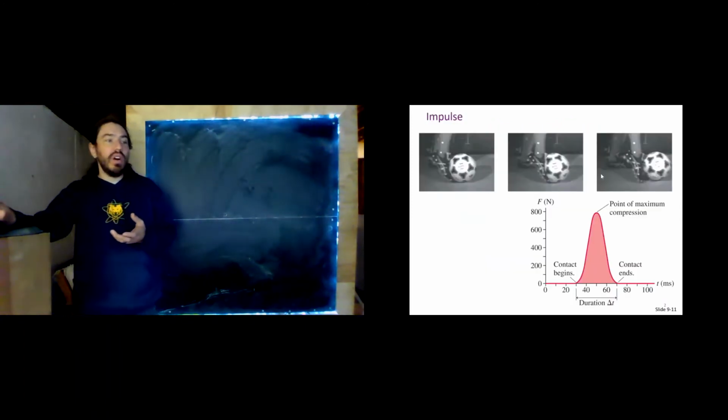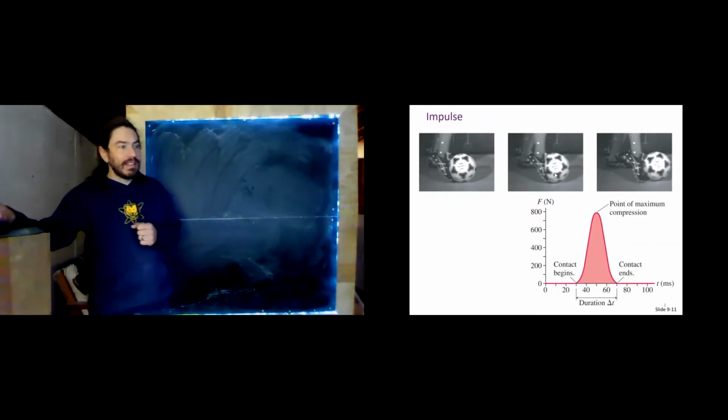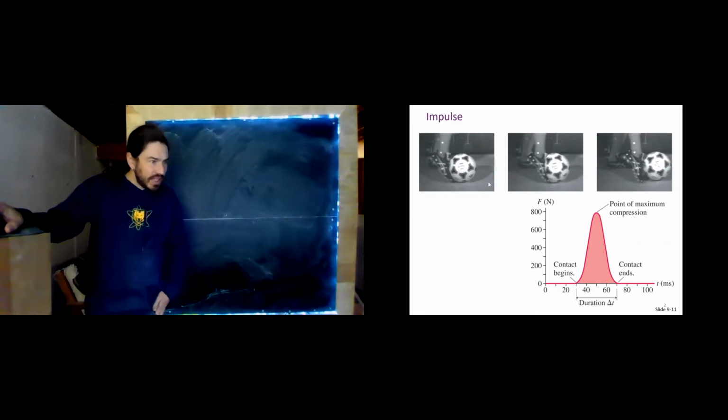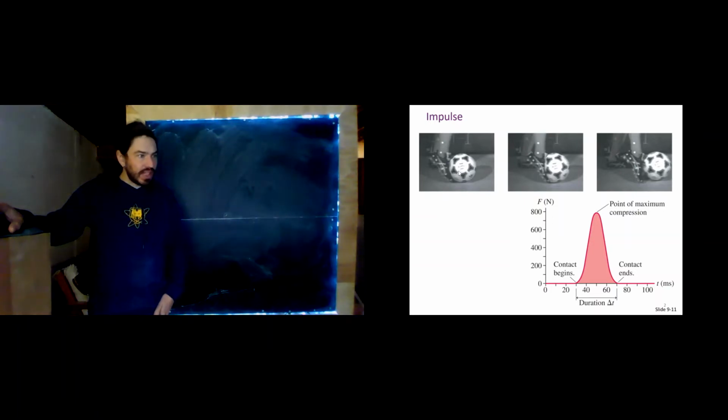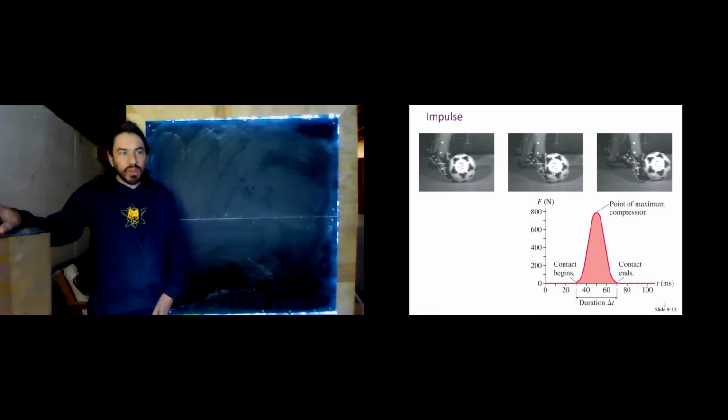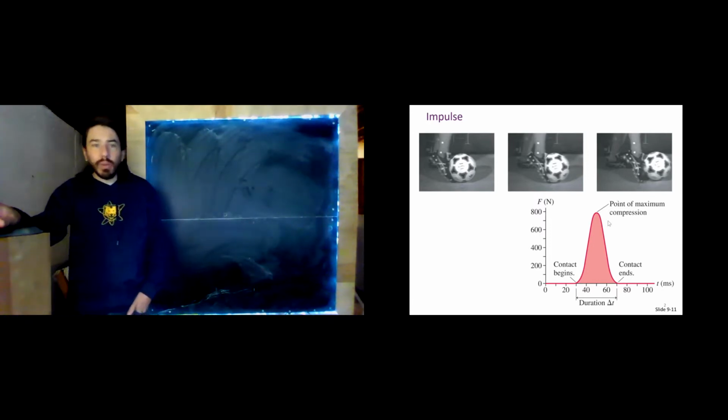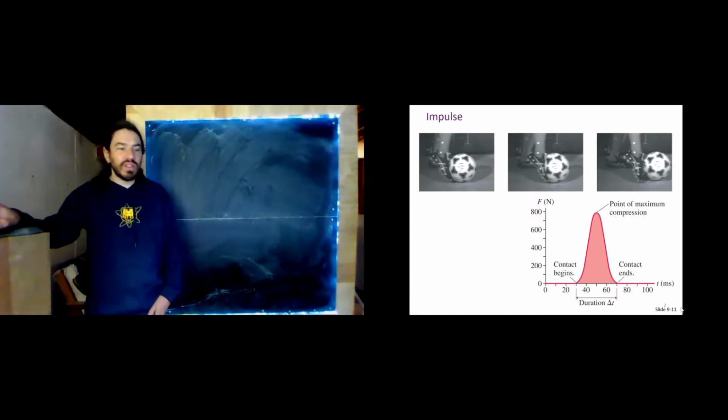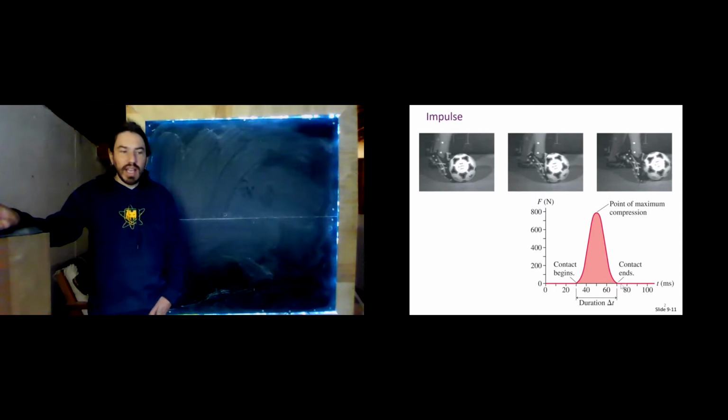So let's imagine a scenario where I'm kicking a soccer ball. Here we see this kick, and in this frame, the foot is just about to touch the ball. Here we see the foot is compressing the ball quite a lot, and so the force of the foot on the ball here is quite large. And in this frame, we see the ball leaving the foot. The force is done. A fairly realistic graph of force versus time might look like this. It's sort of a Gaussian type shape, a bell curve, if you will, with that force increasing from the point of contact to the maximum point of compression,